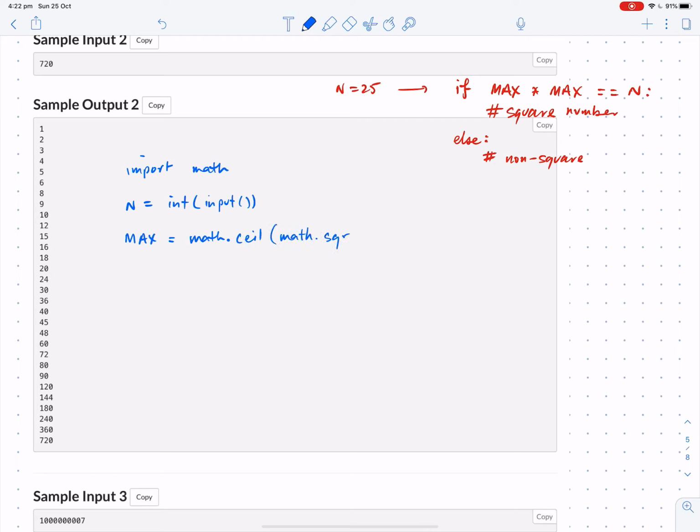Okay, now we'll say if max times max equals n, we need a list of factors, empty list. If max times max equals n,